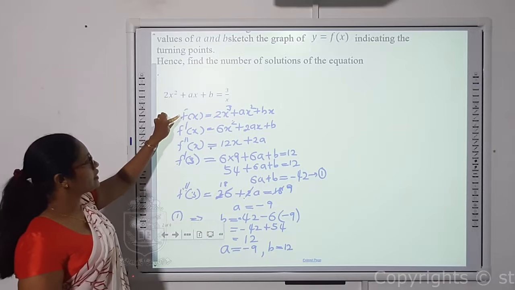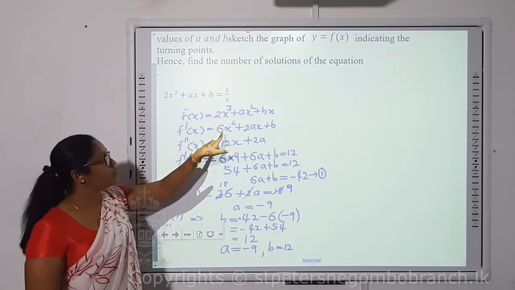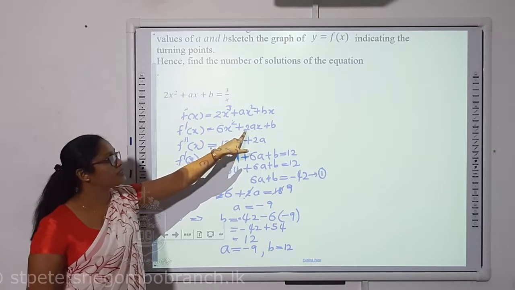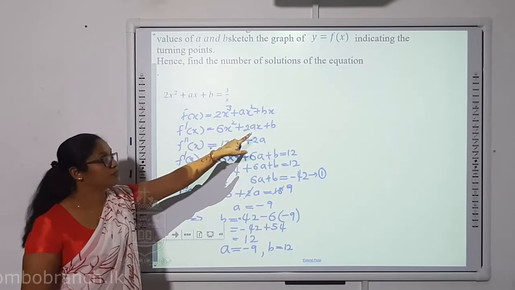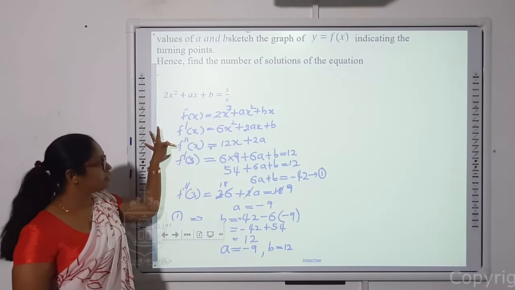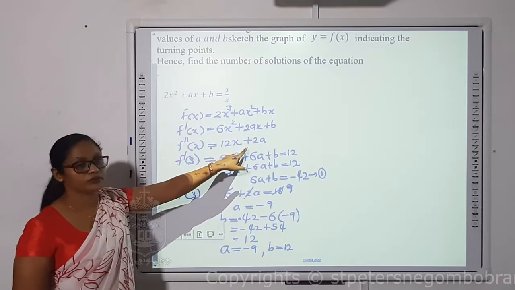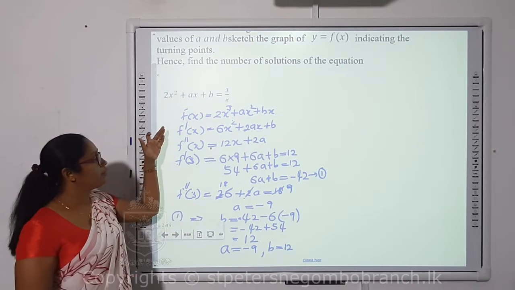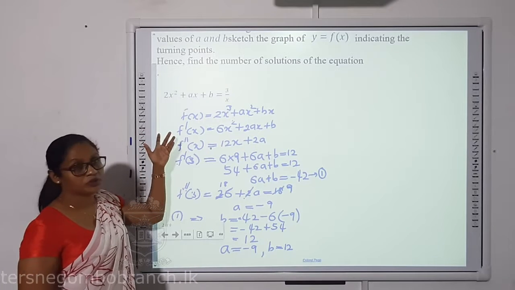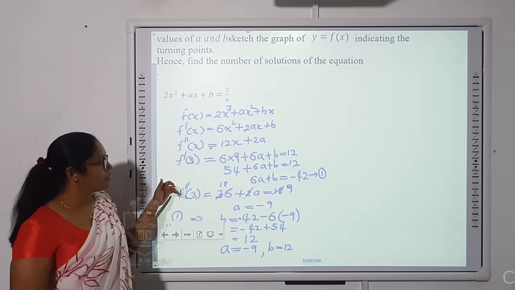Right? Here I differentiate the function with respect to x. If I differentiate 2x cubed plus ax squared plus bx, I get 6x squared plus 2ax plus b, the first derivative function. Again I differentiated this function with respect to x, so I got 12x plus 2a, right? Now I have found f dash x and f double dash x. So I have used here the two pieces of information.